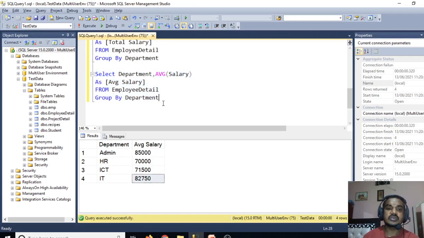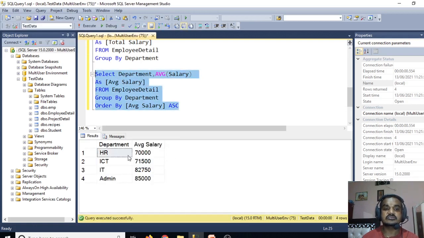So group by and order by average salary, ascending order. No need to put ASC, or if you want, you can put ASC. This will give us ascending order from lower to higher.